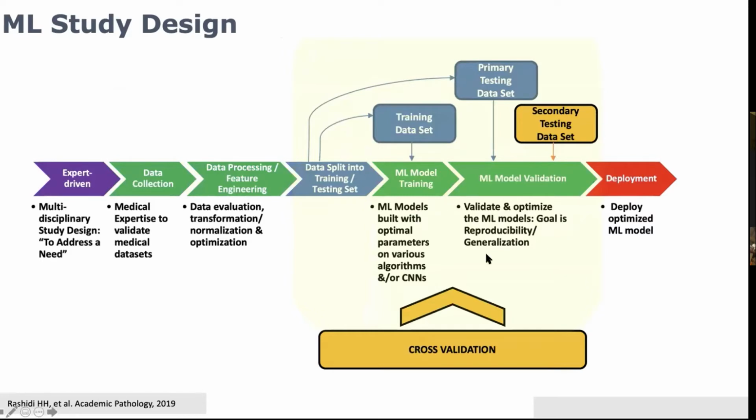And within this CRISP-DM approach that I was just showing you, this is where the training and testing comes in, where the data basically gets split into the training and testing. Within the training data set, you build the models with the different algorithms, and then that test set validates those models. And even better, if you really want to do really good studies, you don't want to depend on just that test set. You want to bring in a secondary data set, because if you build it with just that initial test set,